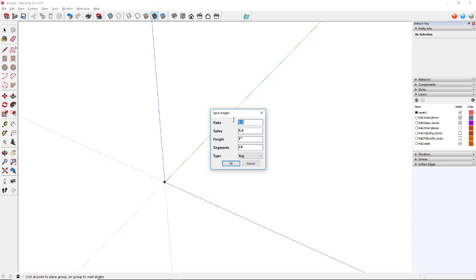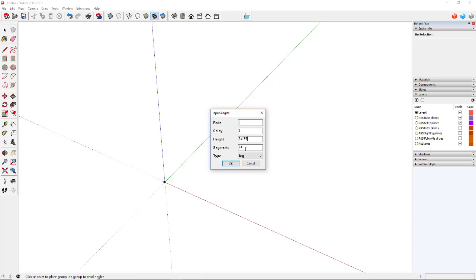I want a 5-degree rake and a 5-degree splay. And I'm going to go ahead and set the height of the leg to what I want the final height to be. This isn't terribly critical because we're going to still draw the leg and set its height anyhow,